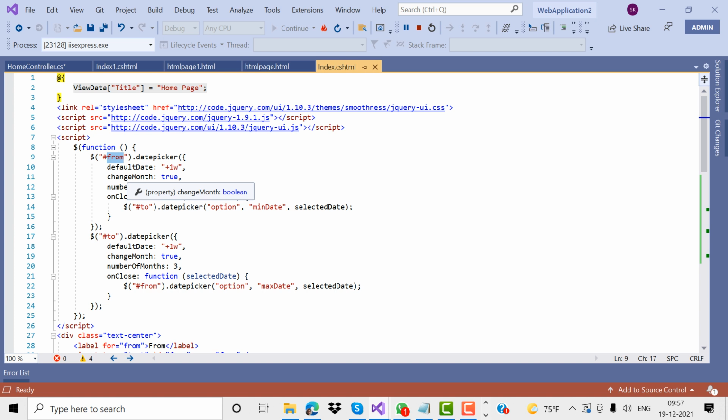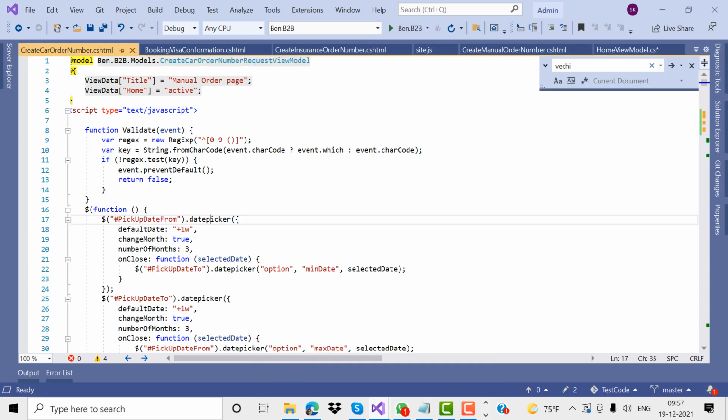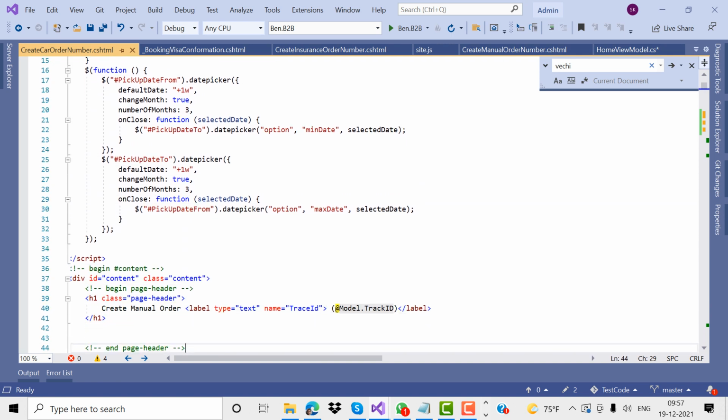The minimum value, maximum value, those things we can give accordingly. Accordingly we can add date time pickers to our applications through the date time picker property values. This is the property of the date time picker. Now I need to give some more examples on controls.